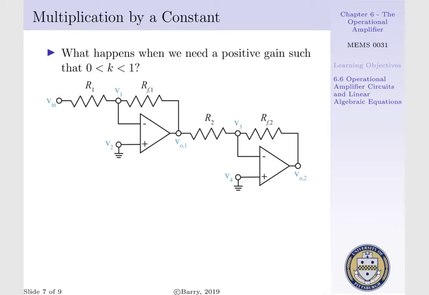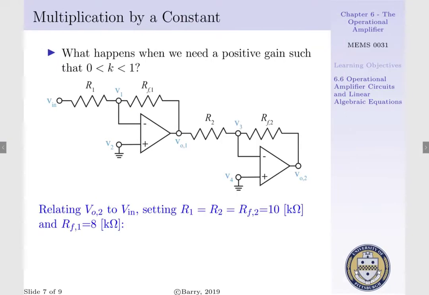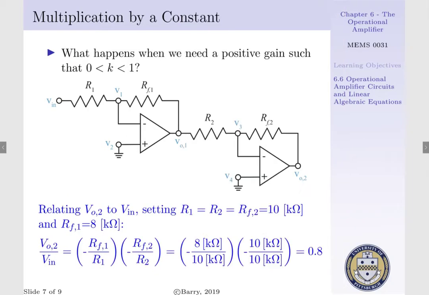Then Vout1 would be our input and Vout2 would be our output for our second inverting operational amplifier. What we could do is, if say we need a value of 0.8, we could set R1, R2, and RF2 equal to 10 kiloohms and RF1 equal to 8 kiloohms. For Vout2 per Vin would be equal to minus RF1 per R1. That would give us our Vout1 term within our expression, where we'd have minus 8 per 10 kiloohms respectively, times